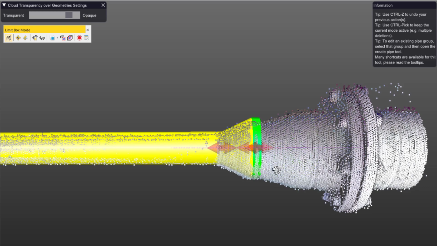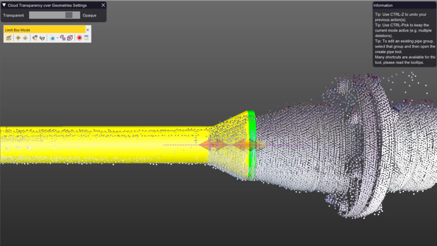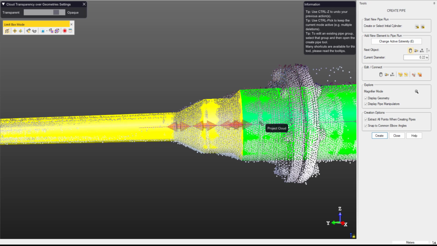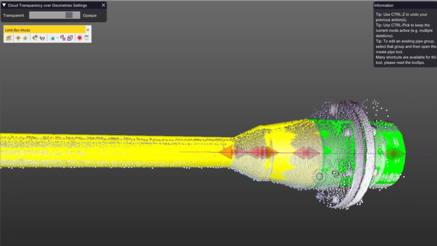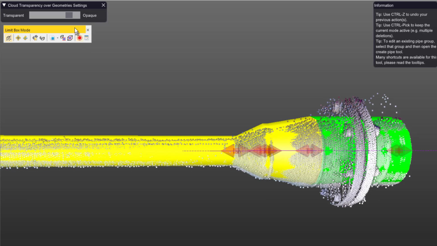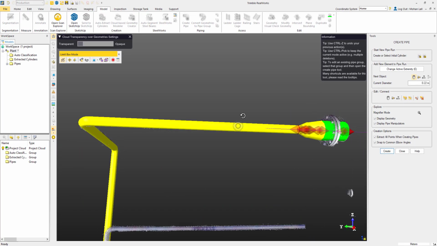Now that I had the fit kind of close, you'll notice that RealWorks has changed the color of the pipe. Again, that indicates that now we have a good fit and low standard deviation. Let's select the reducer option again and draw the second one. Once the reducer is drawn, I can use the grab handles to make adjustments. Just like that, we have the entire pipe drawn, including the reducer.